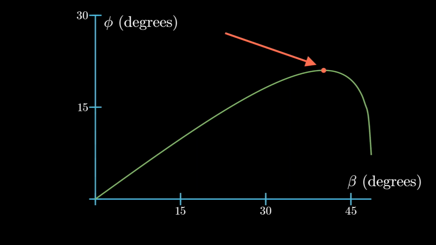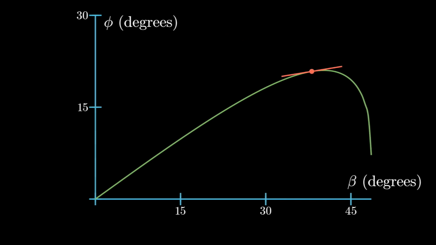Now, if you're like me, you might be thinking, why would it be this particular peak? This graph represents the variable magnitude of the angle between the horizon and the sun. It doesn't have anything to do with the intensity of the light, the size of the raindrop, or any type of physical quantity that one might expect to be tied to the scattering of light. But as it turns out, the reason for the rainbow's presence at this particular point is not due to the angle's maximum per se, but more so that this point happens to be the